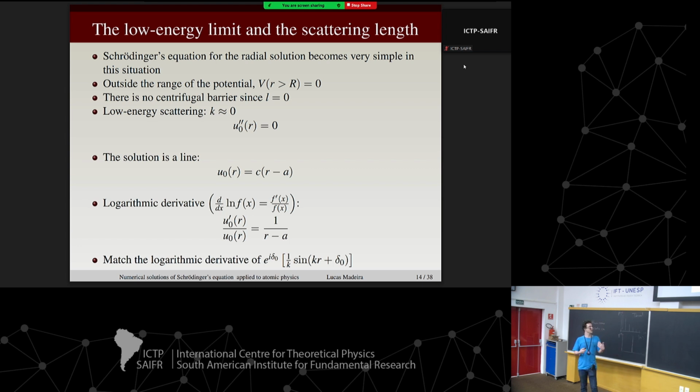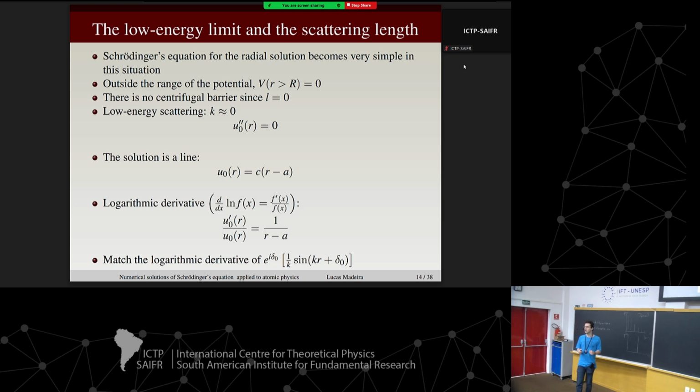I don't know if you heard this term before, calling it a logarithmic derivative. Probably if it's the first time you hear this name, you're confused because you say, oh, I must be sleeping. Where the hell did a log come from, right? But it's because of this. If you take the derivative of the log of a wave function, you get the derivative of the wave function divided by the function. Okay, so this is the origin of the name. There's no log involved, but people will often say this when they mean the derivative of something divided by the something, okay? And if I do this with this simple line equation here, I get this.